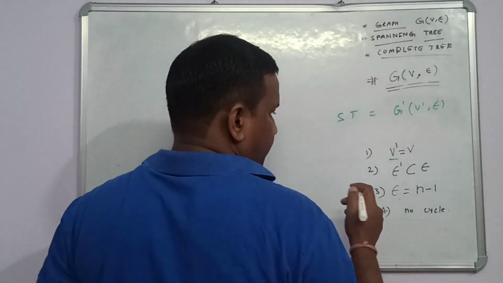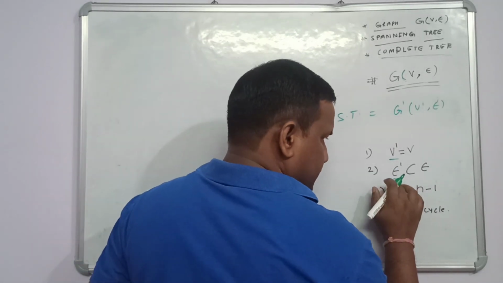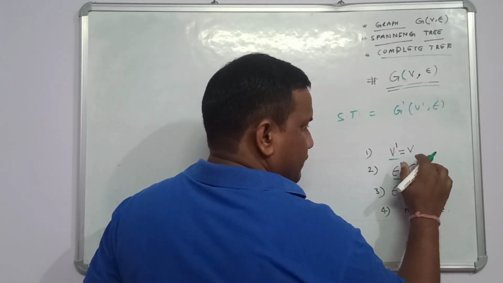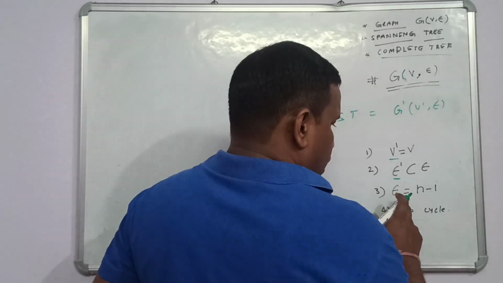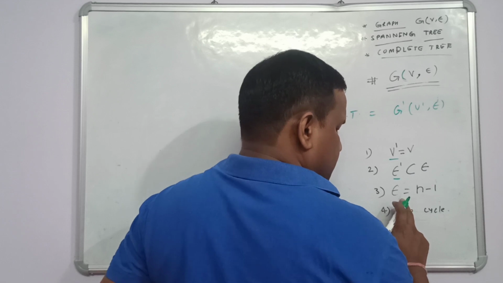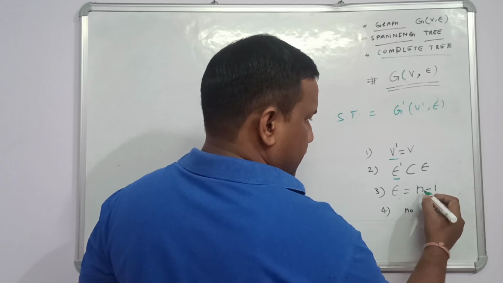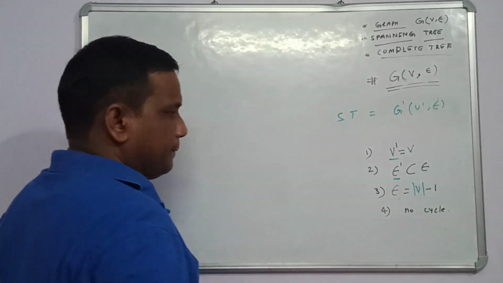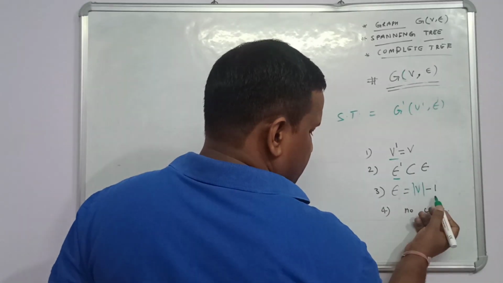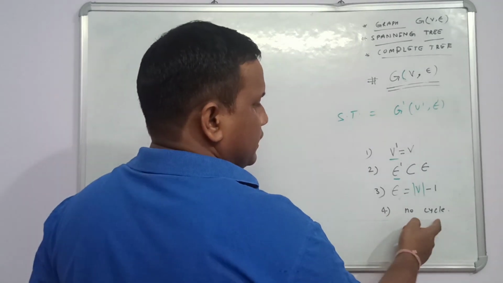be same. Okay, second condition is that the number of edges in the spanning tree should be a subset of the edges in the given graph, in actual graph. Okay, next, how many edges can be there in spanning tree? In the spanning tree there can be edges equal to n minus 1, that is n, or you can say V, V minus 1. Okay, the number of vertices minus 1 will give us the number of edges in the spanning tree. One more important aspect we have to note into the spanning tree is that there should not be any cycle.